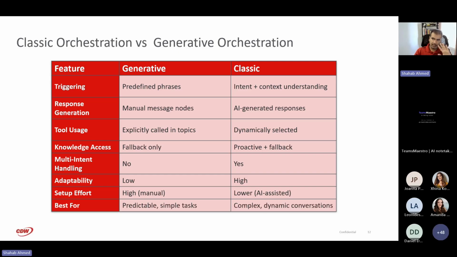There's also a pricing connotation there. It's important to understand that even with Copilot Studio, you could be not using AI, right? If you've got legacy processes, structured workflows, anything that needs a deterministic response, so that for the same set of inputs the same set of outputs respond, you will actually be working on the classic one. The generative one is the one that is AI powered, right?